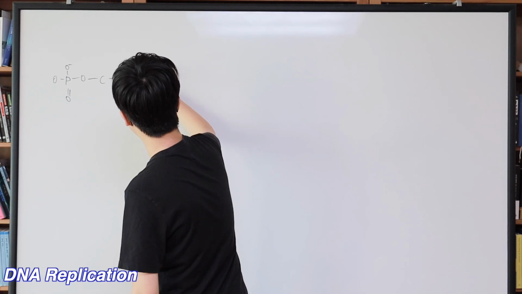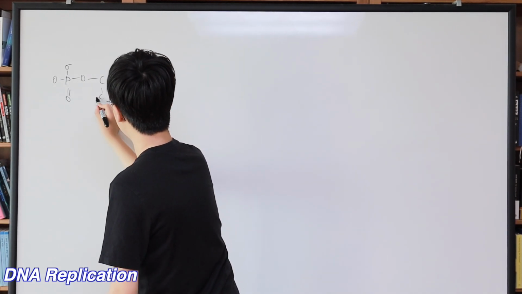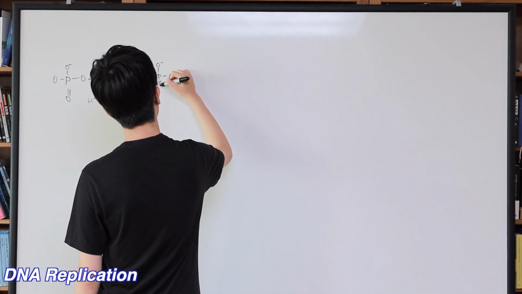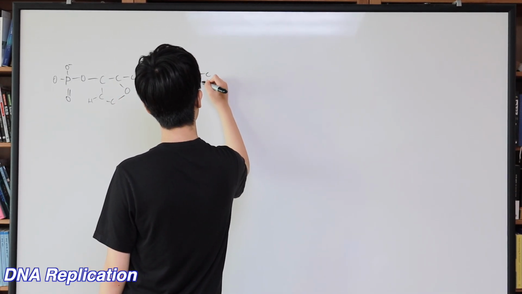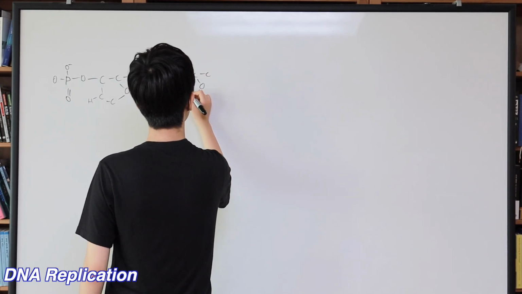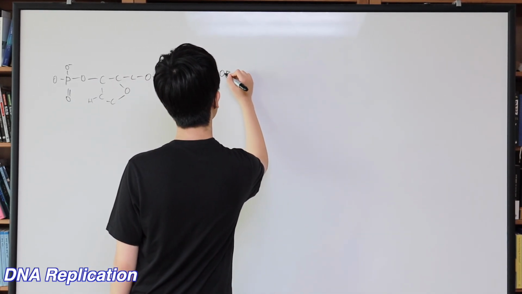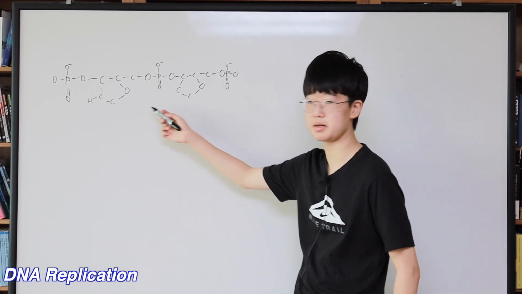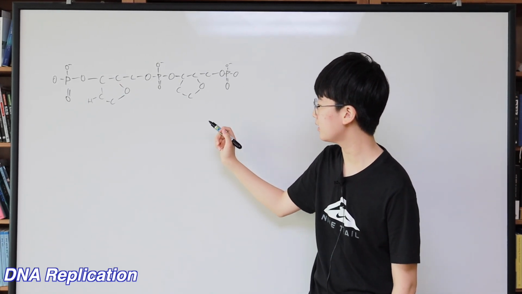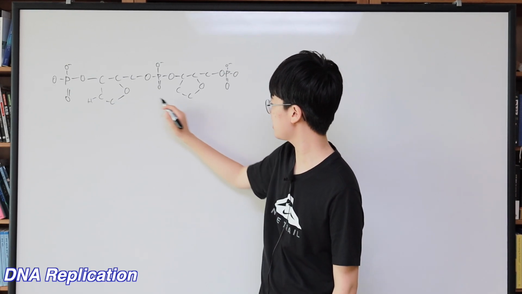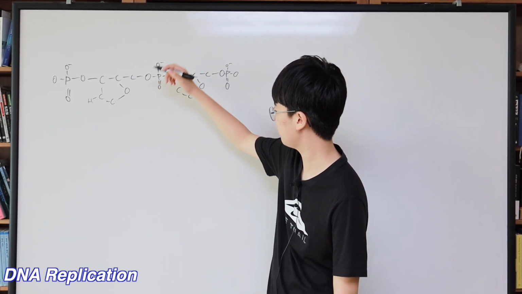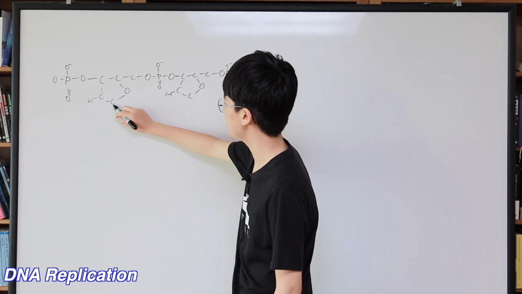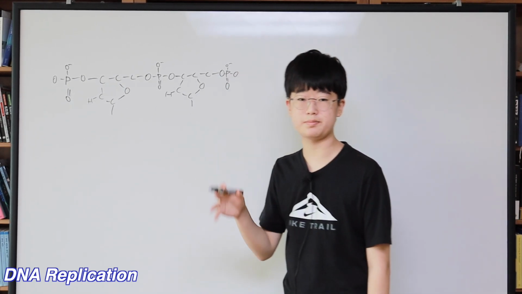So this is the backbone of the DNA, and right under it, on these carbons, the one at the very bottom, oh wait, I forgot this hydrogen, one at the very bottom, there is a nucleic acid base attached to it,